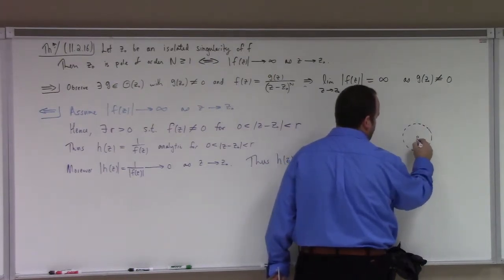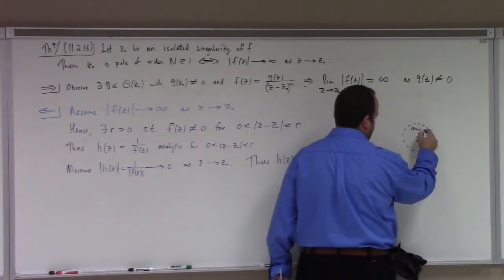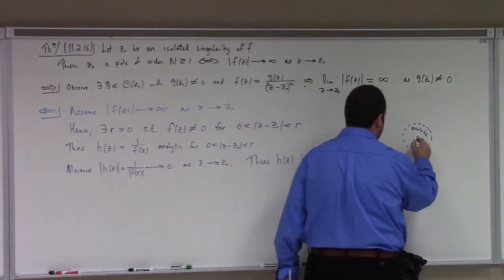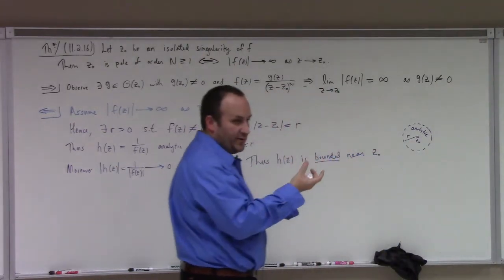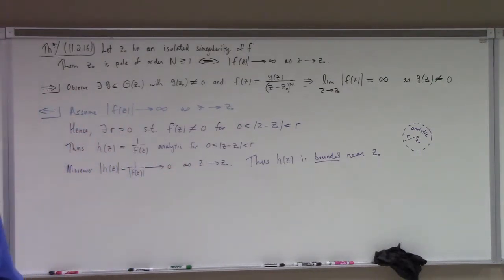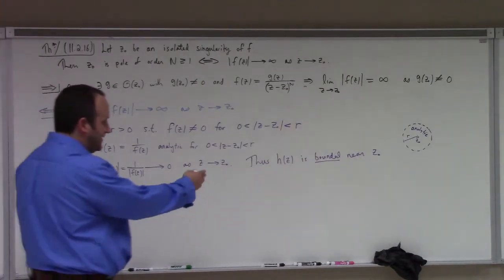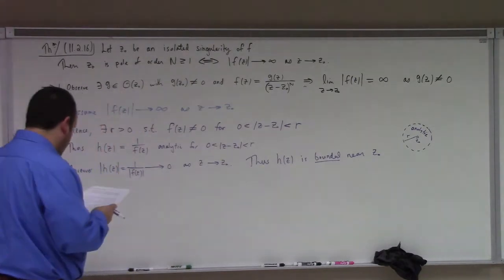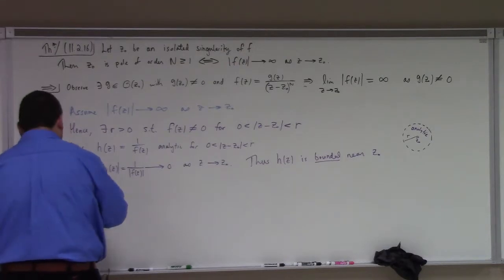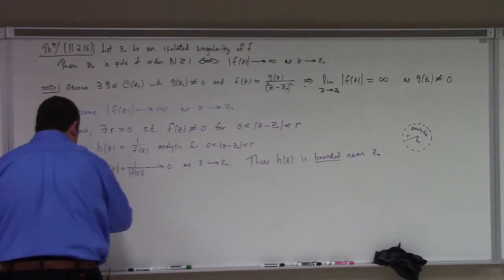So we've got z naught in the center, and it's analytic everywhere else in this disk of radius r, right? So it stands to reason that the one place you could have the thing blowing up would be the center point, right? Otherwise, since it's analytic on the punctured disk there, we know that it's continuous at each point in there. So in sum, h of z is bounded near z naught, and what's that say? Right, therefore, z naught is a removable singularity for h,